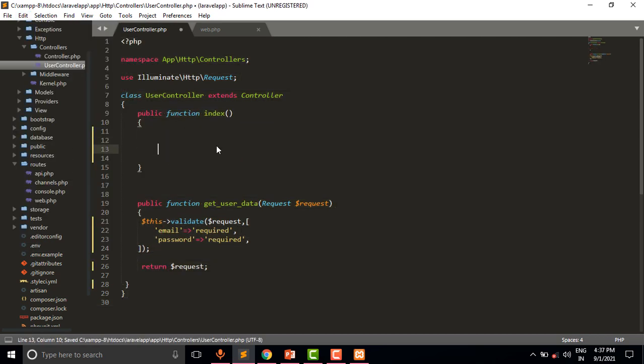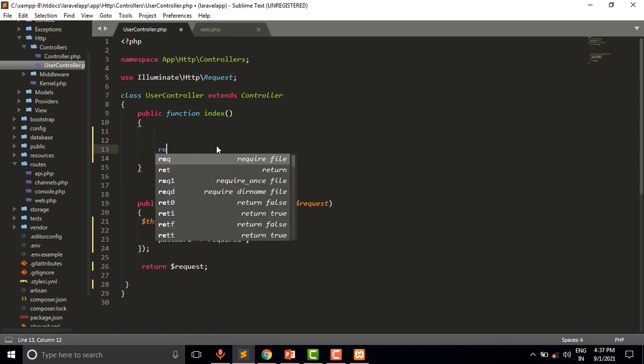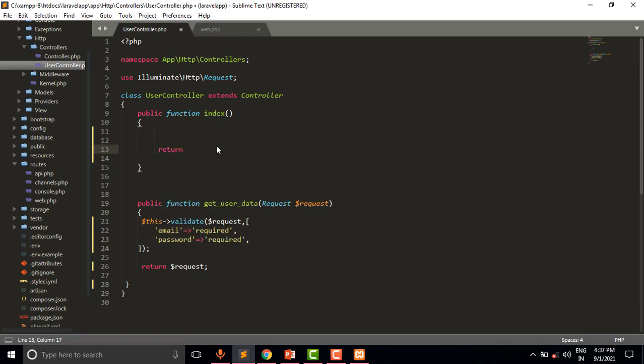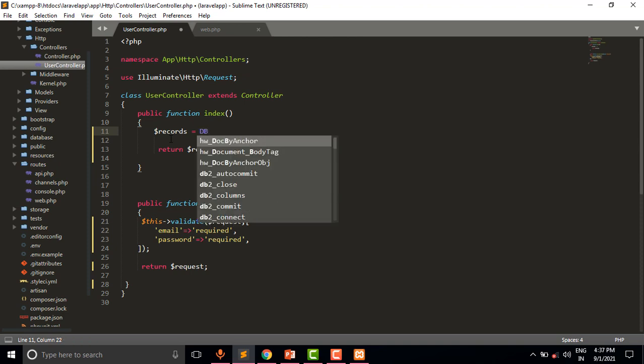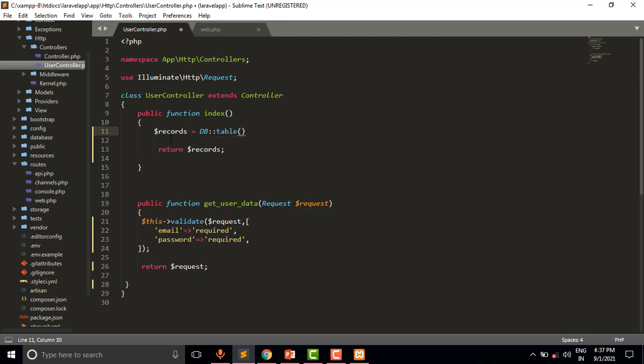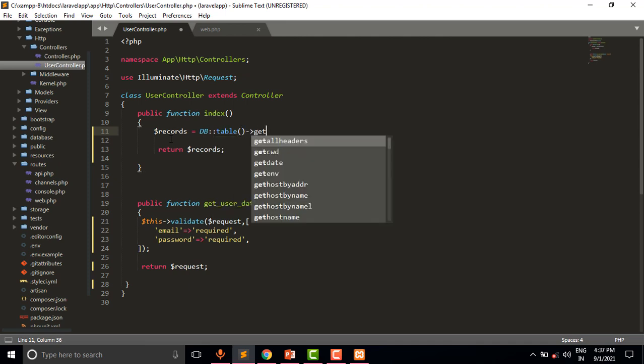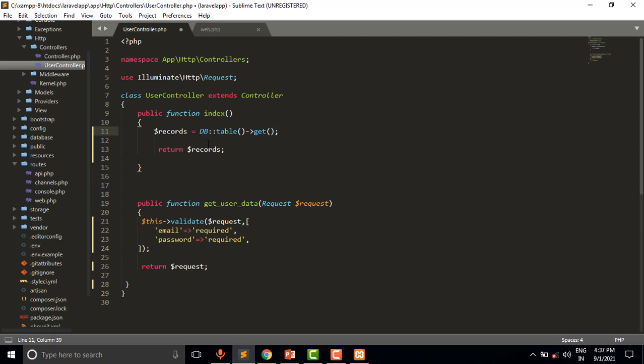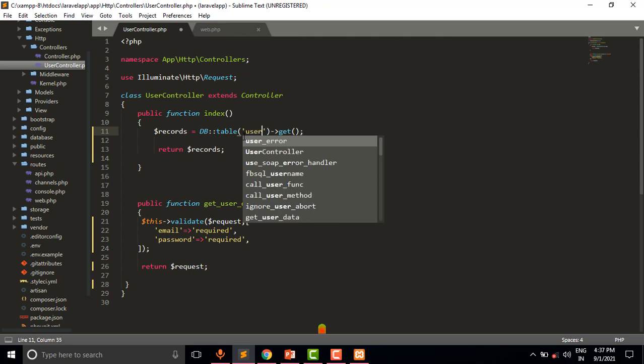For that we will return records: DB table get, and in the table we will pass the name of the table, users.